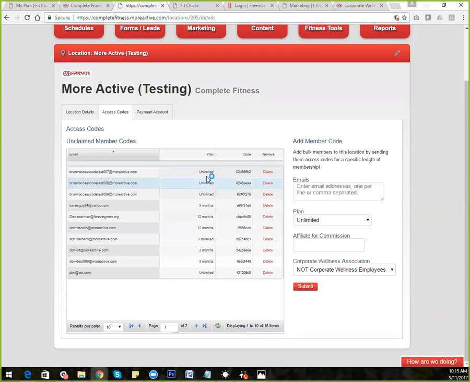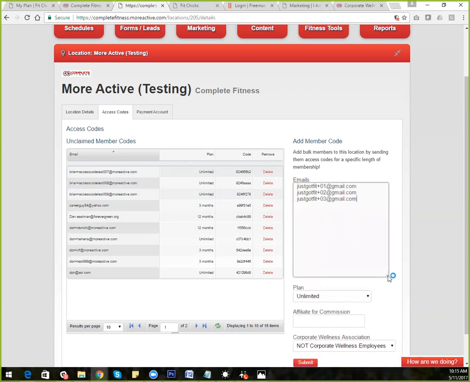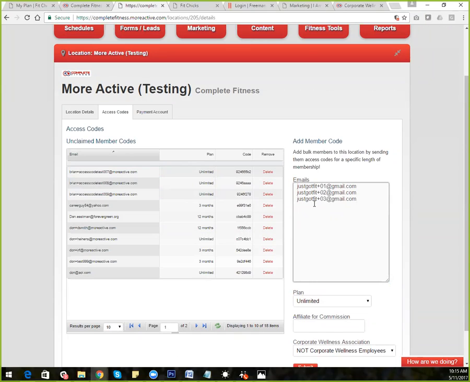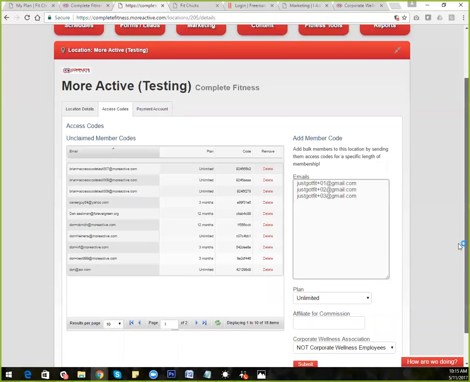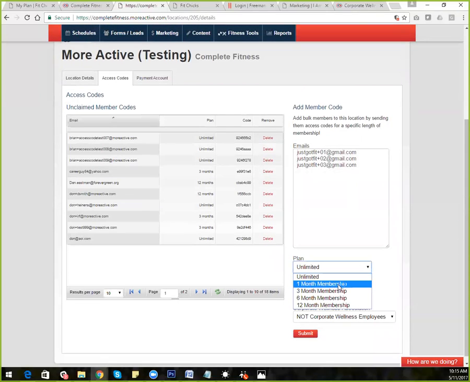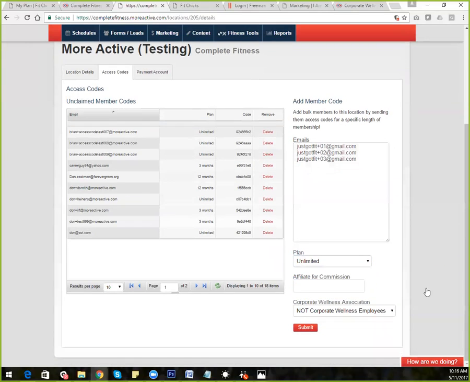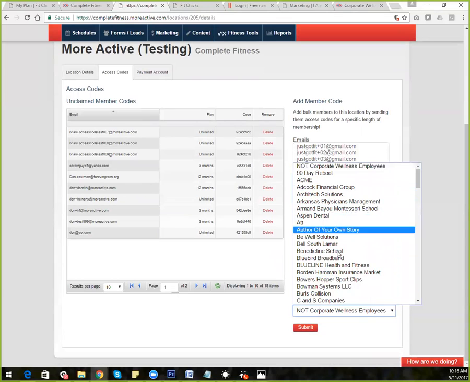So if you give out an access code, you can set the duration of that. Coming back full circle, all of those email addresses that you're going to create at that justgotfit URL in a sequence of numbers are all going to be put in here. And then you're going to say, well, how long do you want that to be? Is it a 1 month, 3 months, 6 months, or a year code? And then you put in that they belong to a location, so you can actually create a free trial location, or you can have a justgotfit location that all of those people would go into, or you can have different codes for different